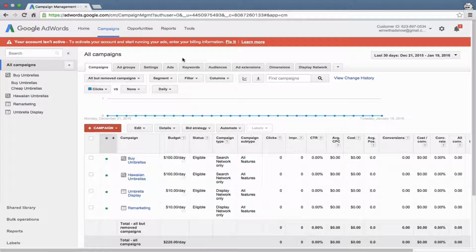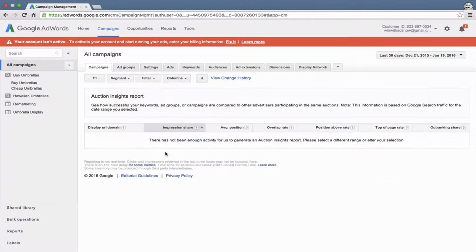your entire account or just for specific campaigns. In this scenario, let's pull it for the entire account. So you go here to, I'm on the Campaigns tab, go to Details, click on that, and under Auction Insights, if I wanted to do it for just one campaign, I could click that check mark, or multiple campaigns, click multiple check marks, and then hit Auction Insights Selected, or I can just hit All and see the report for all the campaigns. So here we go.